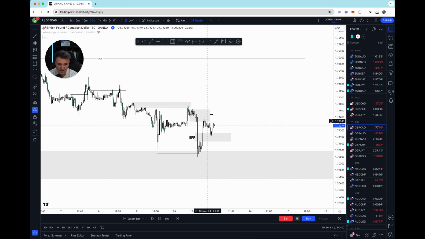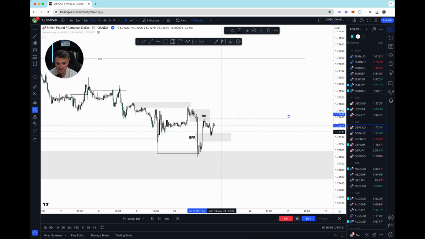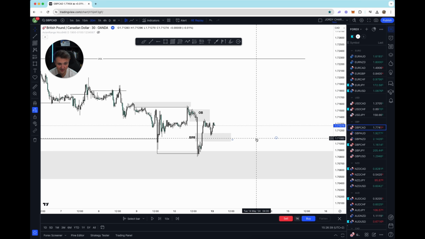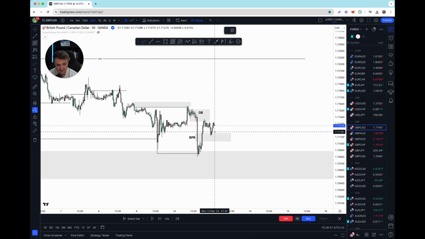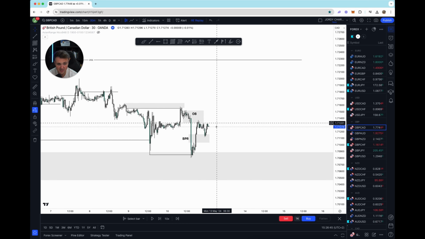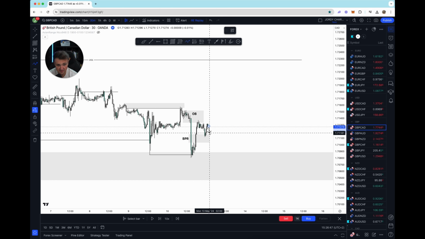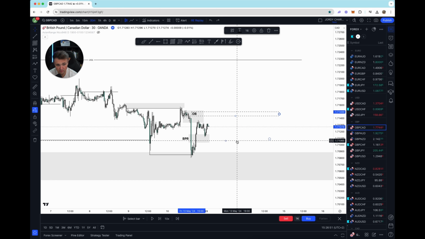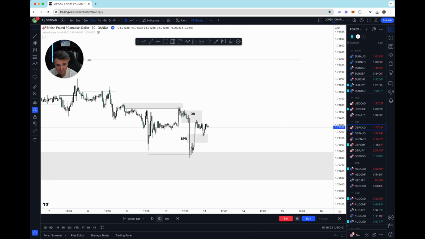Quite nice. And here we have an order block, which is probably the first thing you learn when you trade ICT. So you should know what an order block is by now. And we can see that this fair value gap here gets respected. Or balanced price range. So now the only thing we need is for price to break this PD array, this order block, and then we can look for a buy setup. Let's see what happens.